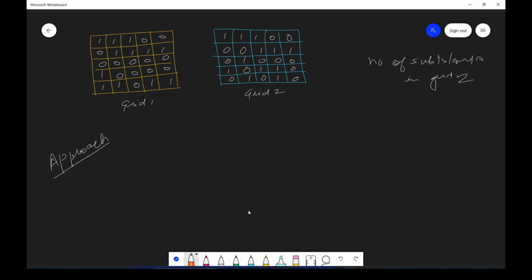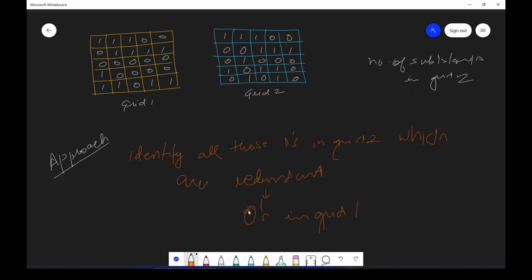So first of all, what will be the first step? I will identify all those ones in grid 2 which are redundant. Redundant meaning that they are zeros in grid 1.